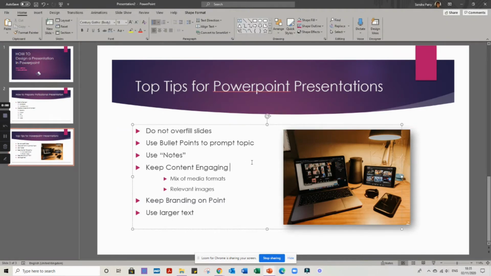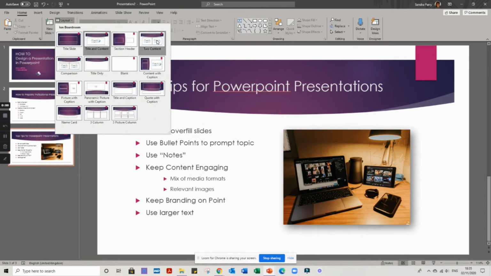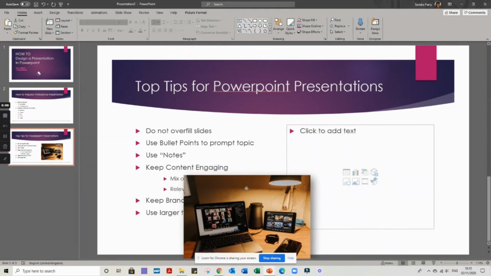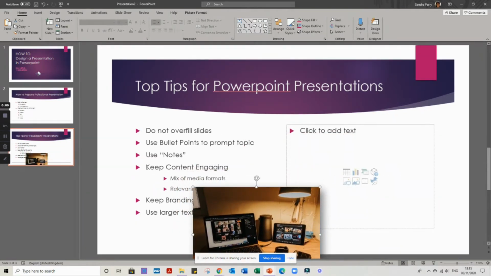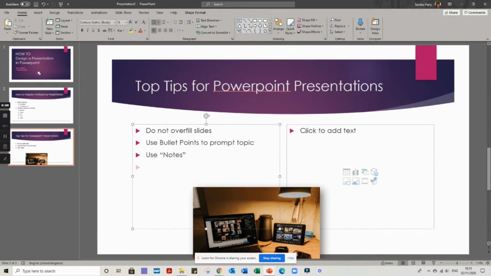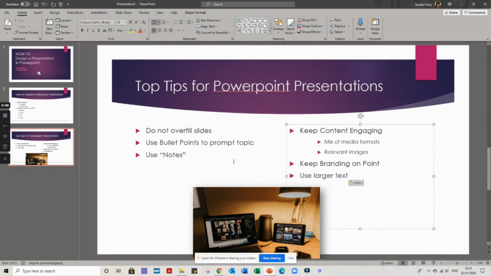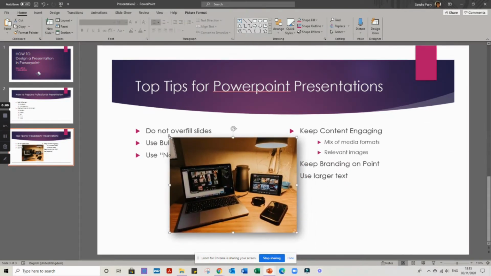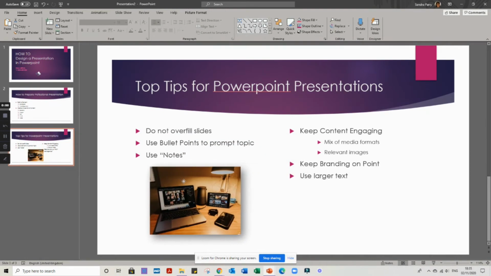Okay, so earlier on I said that we could change a design if we don't like the look of it. So what I'm going to suggest for this one, to make it look a wee bit different, if we go back into layout, we'll put in 2 text boxes. So if we have 2 content boxes, we can move the picture around so that we can get at this text and put it in here, and then bring the image back in, resize it, and